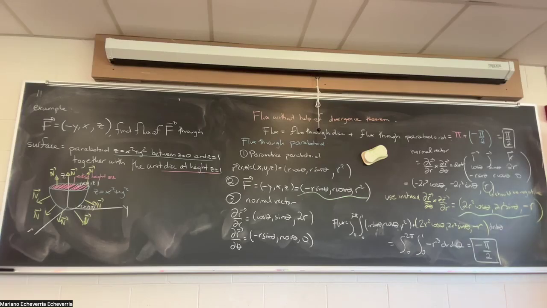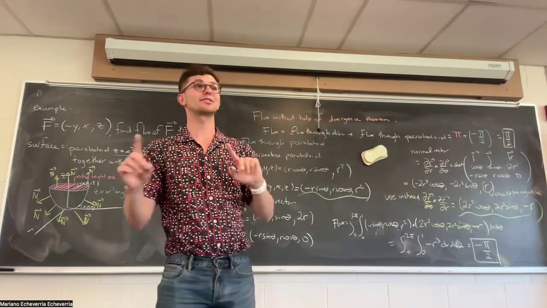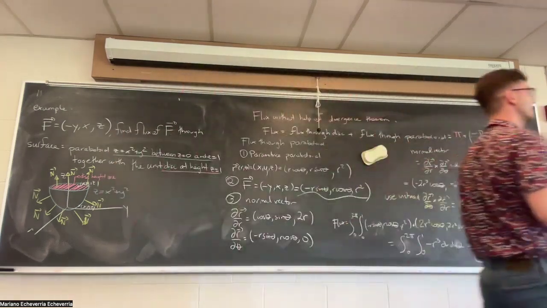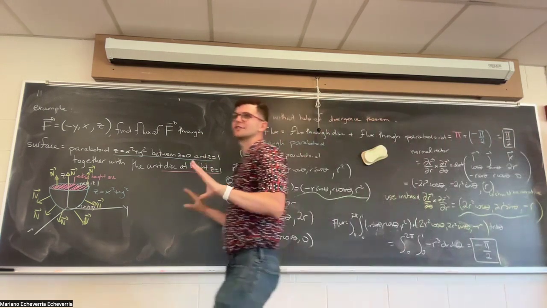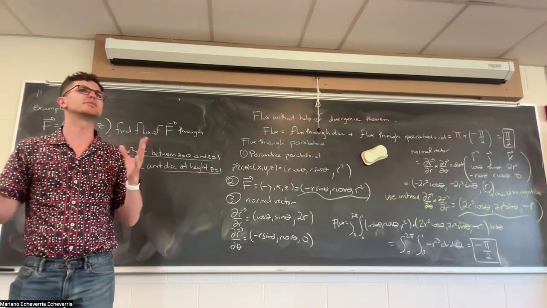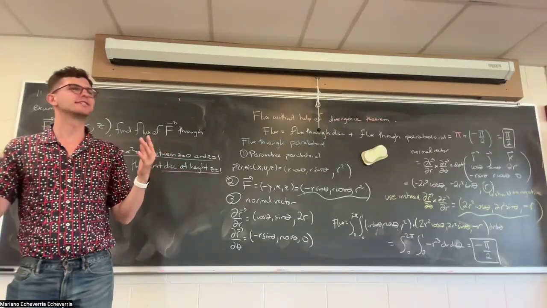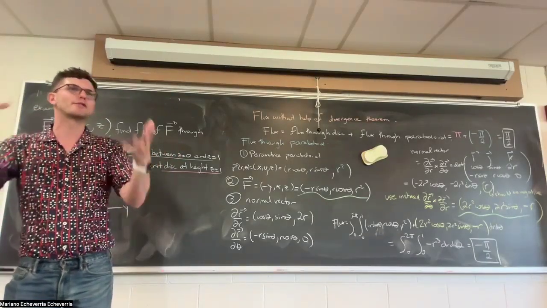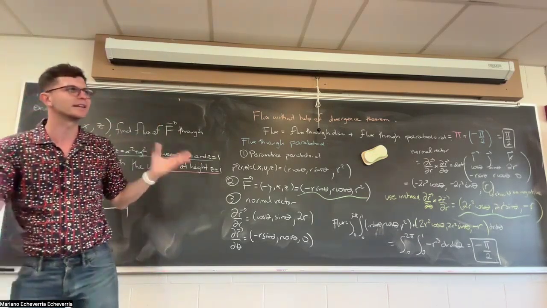It is a long computation. You have to do the parameterizations, you have to do two cross products, you have to integrate dot products. It takes a lot of time to do all of this. And then the divergence theorem says, oh, this will actually be a triple integral, and that's it. A lot of time is saved if you can just find the flux using the divergence theorem. At the level of the exams, if the problem wants you to find the flux using the divergence theorem, it literally says find the flux using the divergence theorem. It's not a trap. It really just says use it.